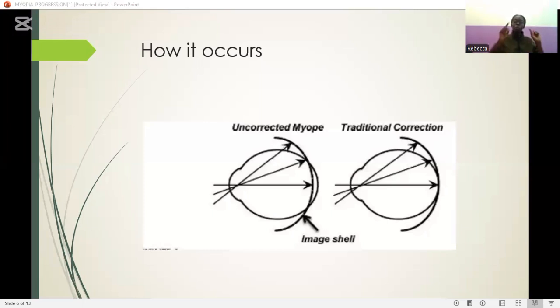we can see what the traditional correction does. The traditional correction makes the image, we can see the horizontal line is now falling on the retina. But we will see on the other side, those arrows are falling outside the retina. So what will it do? It will still make the brain receive signals that other parts of the